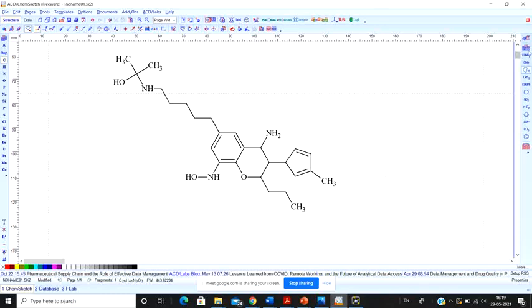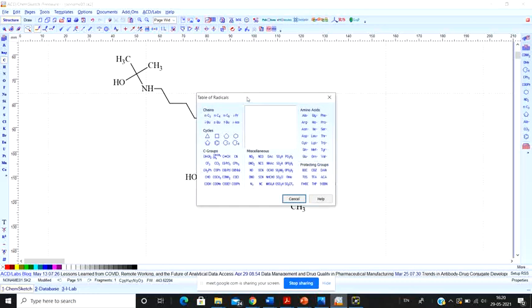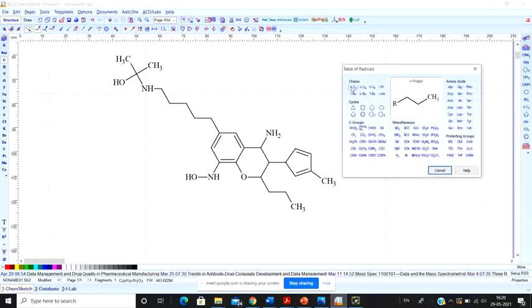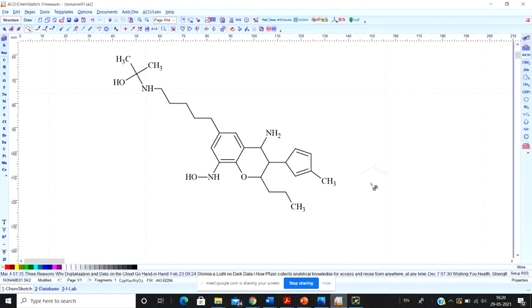Now apart from it, in this right hand panel, there is another box called the option table of radicals. If you click on this, you are going to find all the most widely used carbon groups or miscellaneous groups like nitro group, isocyanato group, isothiocyanato, acetamido, formamido, this kind of group, so that you don't have to draw it yourself. Suppose I need to add a formamido group to this particular OH. What to do? Will I draw it? No, I will simply select the formamido and click it. The formamido group has been added.